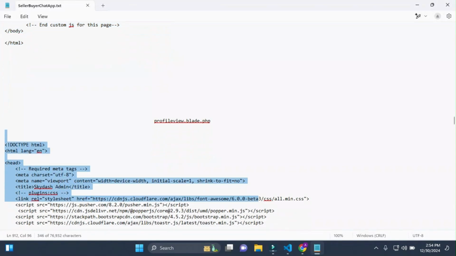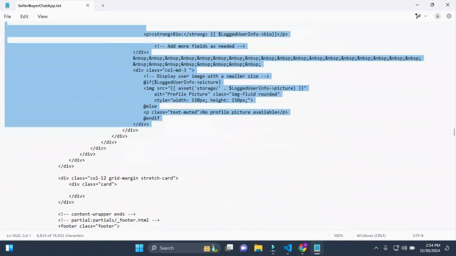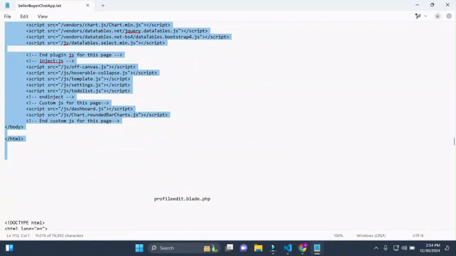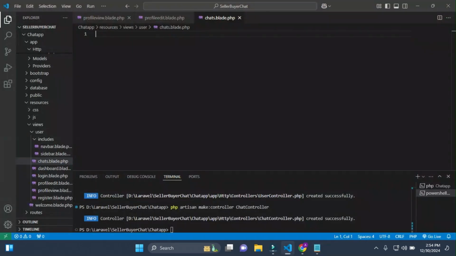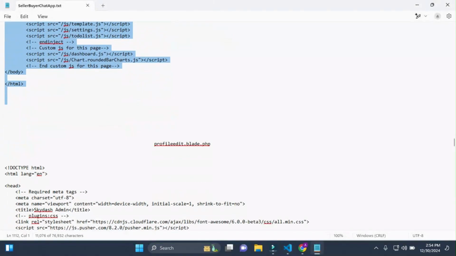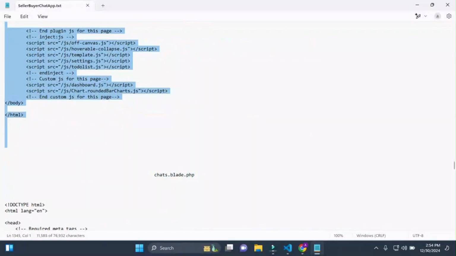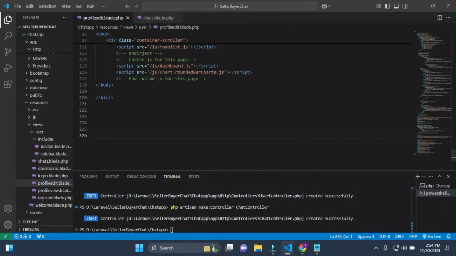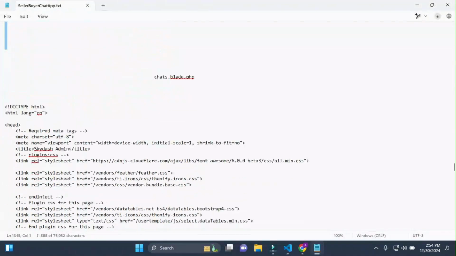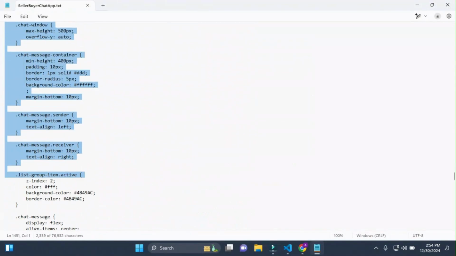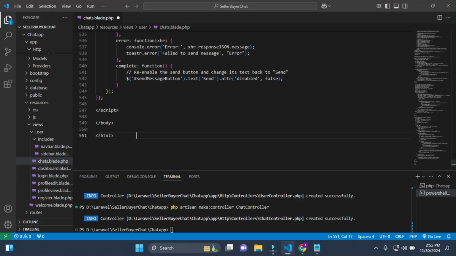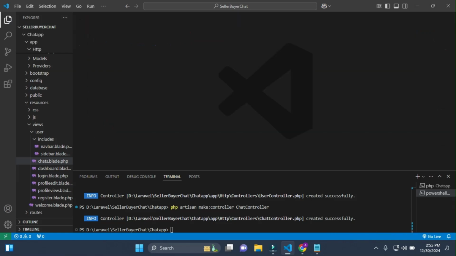and then profile view. Just copy this and paste it here. Just close this, and the second last one is profile edit. Just copy this and paste it here and close this, and then we have chats.blade.php, the last view. Okay, just copy this and paste it here. That's great. I will show you how these work, but first